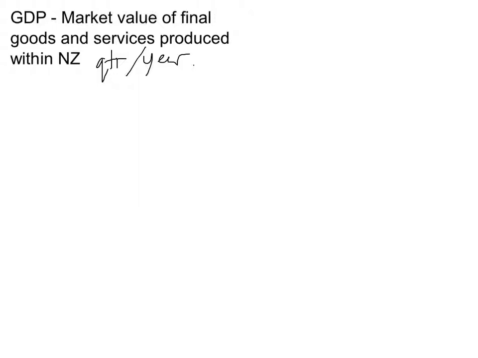GDP can be measured in three ways. So three measurement approaches, and they all get the same result. Alright, so what we've got is the expenditure approach,